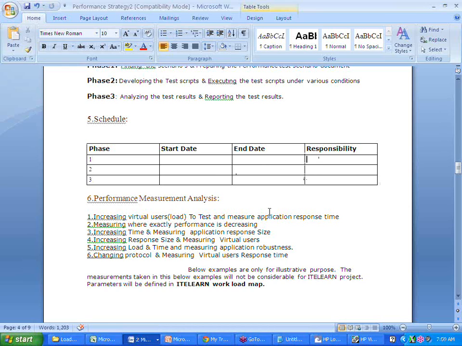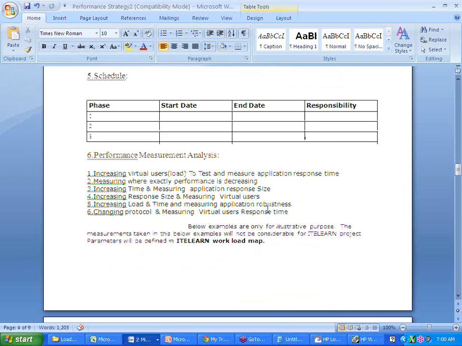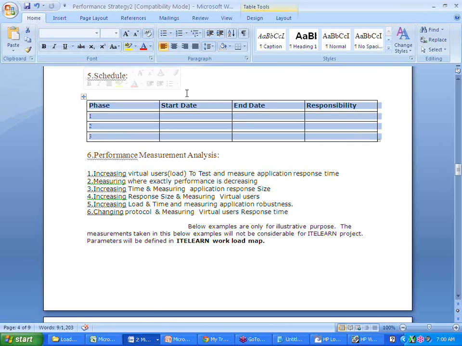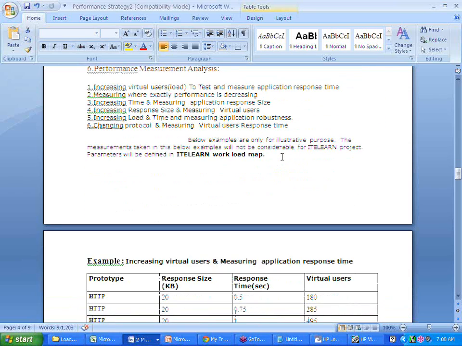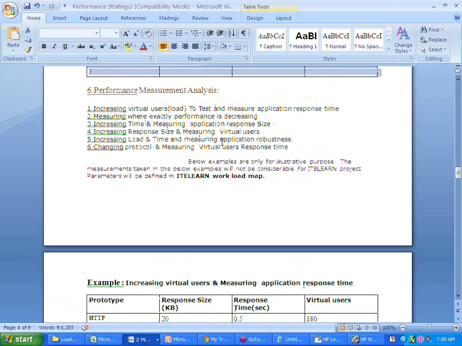So team, as a part of the project activity, we'll have our own schedule and we'll go as per the schedule. Instead of this table, we will append that Excel file which will tell us the schedule.